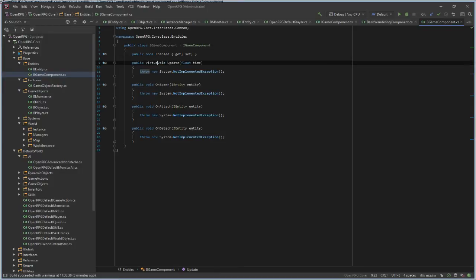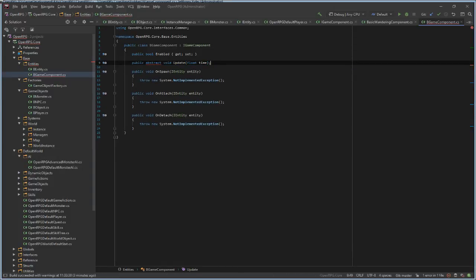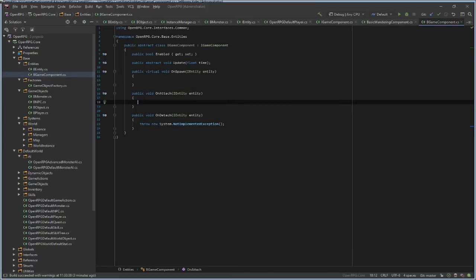So this will be abstract. All components have to handle updates, game updates, and this will be virtual. This will have to be abstract. You can't instantiate this class. You can only inherit from this class.